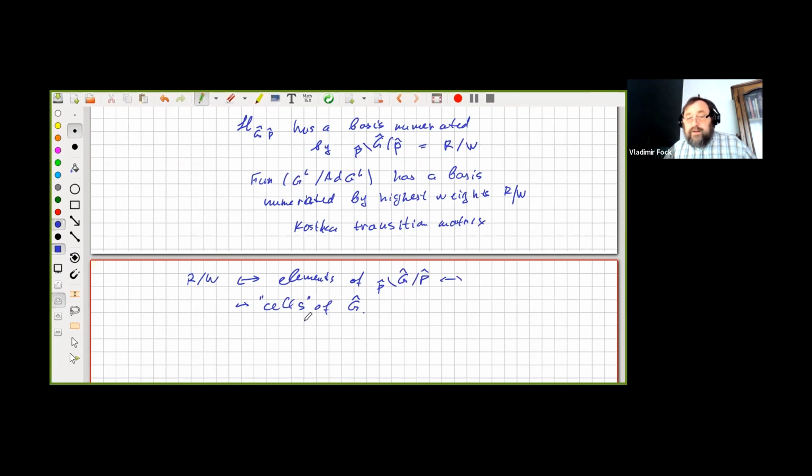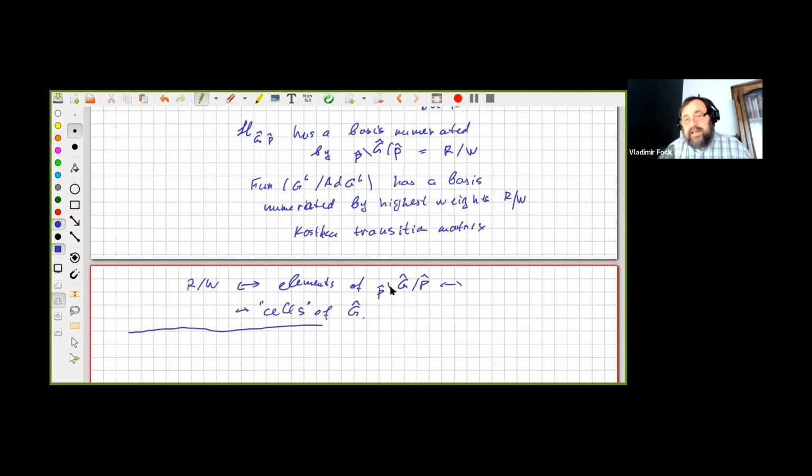So what I am going to do in the second part, I want to explain that in a sense this Satake correspondence can be put on a Riemann surface, and the role of this discrete set R over W will be played by something which I will try to define. It's called higher laminations, and G hat will be replaced by flat connections, by a character variety, but corresponding to the affine group, and that's my aim of the talk.